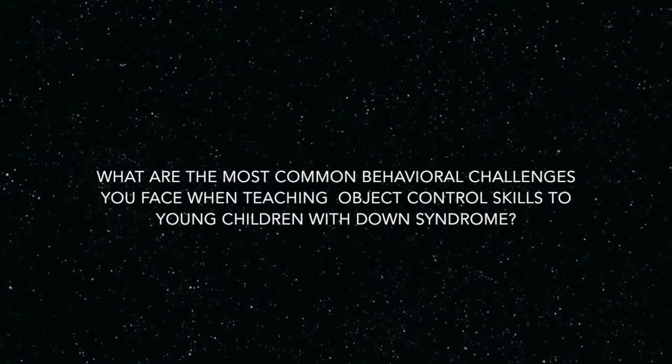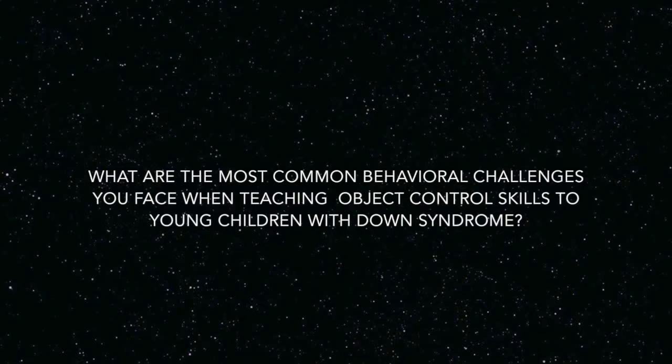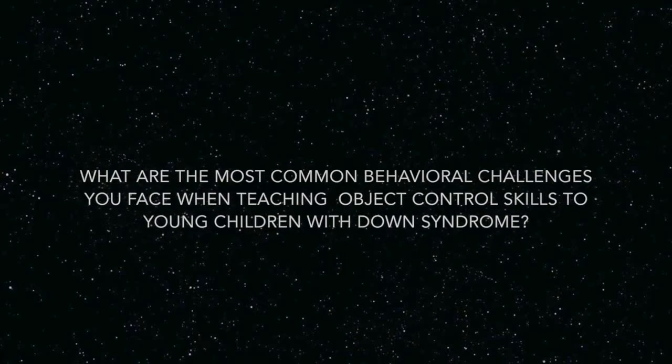What are the most common behavioral challenges you face when teaching object control skills to young children with Down syndrome? Traditionally, children with Down syndrome have a stubborn side to them. That stubborn side that we see often comes when students don't feel successful performing a movement or don't feel motivated to perform a movement. So children with Down syndrome can become easily frustrated. Their frustration then is expressed in avoidance behaviors, trying to get out of the task, wandering off, trying to redirect you to tasks that they might enjoy more. They might try to engage you socially by...